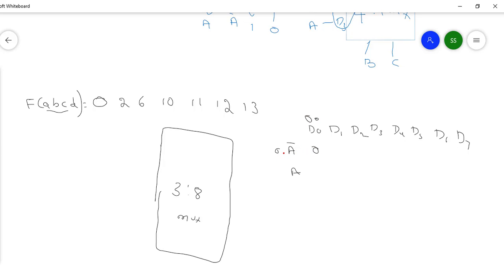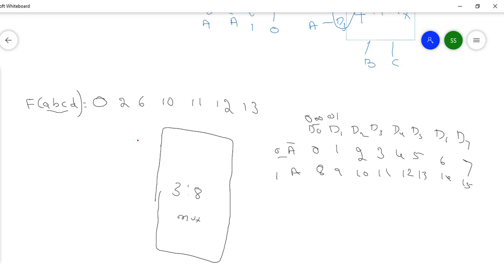A0 is 0, it's a 0, 1, so it's nothing but 1 like that. 2, 3, 4, 5, 6, 7, again 8. Why is it 8? Because this is 1, this is 0, 0. Okay, similarly 9, 10, 11, 12, 13, 14, 15. Okay, here actually it is 0 0 0. Why? Because 3 bit, 3 select lines.